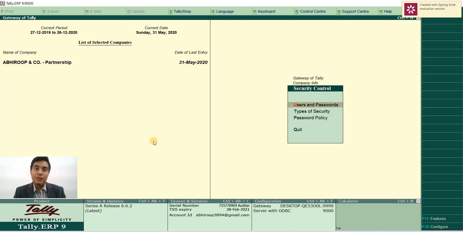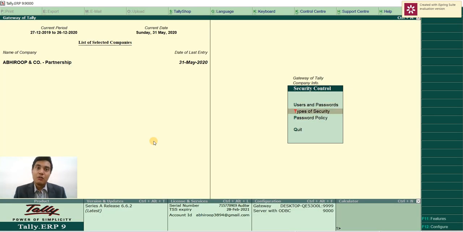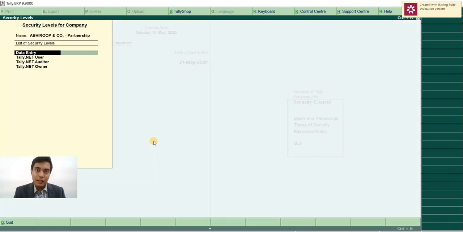Now the password which you were seeing in the table before, you can set the policies of that password via this feature. This is just for your information, I'm not going into the peculiarities. Similarly, if you want to alter the rights and restrictions for every data type or user type, you can alter the restrictions by selecting the various security levels from here.